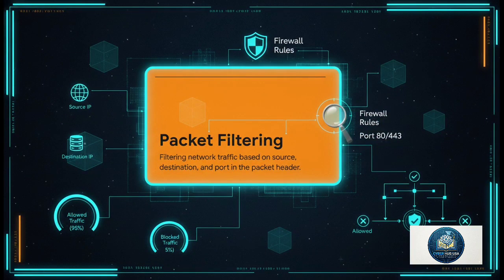Okay, so in its most basic form, a firewall performs what we call packet filtering. When data moves across a network, it moves in tiny little chunks called packets. Packet filtering basically just looks at the header of that data packet and checks a few specific things. The source address where it came from, the destination address where it's trying to go, and the port it wants